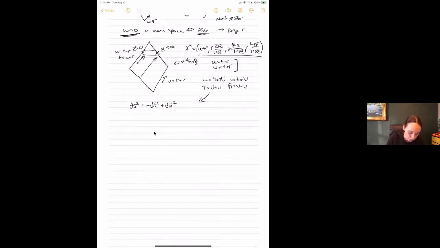And so one can look at what that is in these u and r coordinates later. I'll write it down later. But what it turns into now, in terms of these redefinitions, is the following. I have some conformal factor, and then I have a negative dt squared plus dr squared plus 2 sine squared r gamma z bar dz bar.